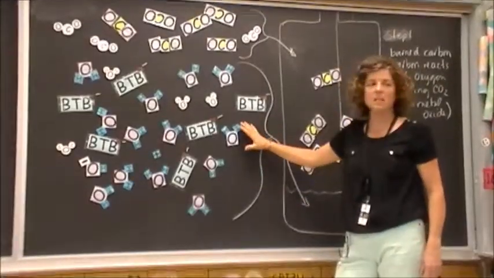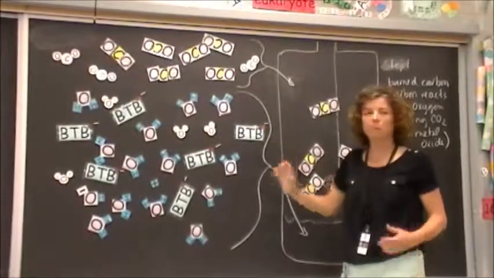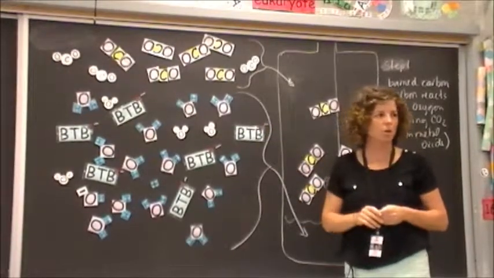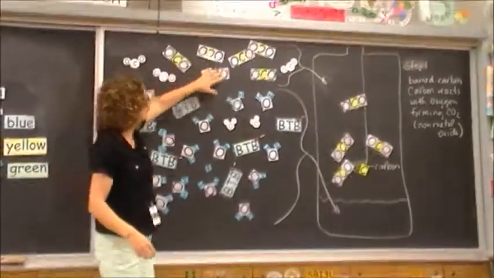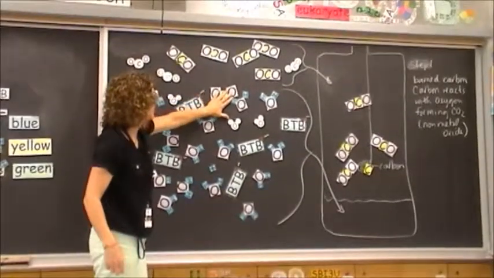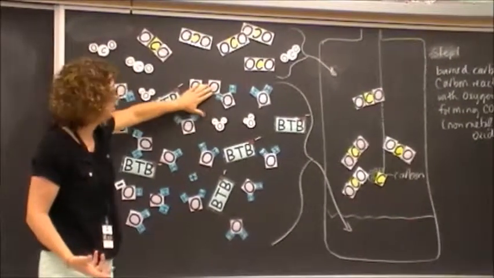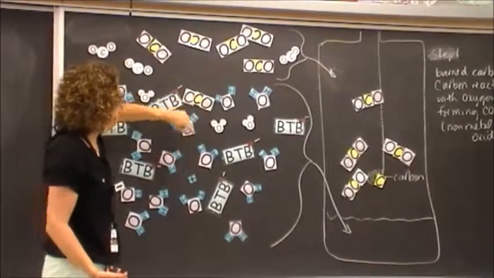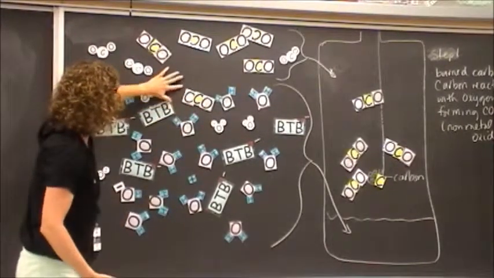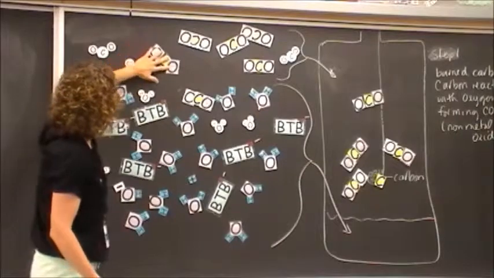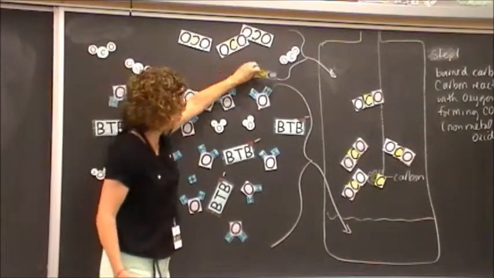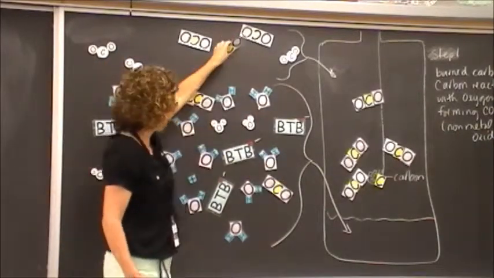I've got my 6 BTBs in here, and they were blue, so I know it was negatively charged. And the swirling was allowing this carbon dioxide to come into the water solution. Carbon dioxide is coming in. Carbon dioxide is starting to dissolve into